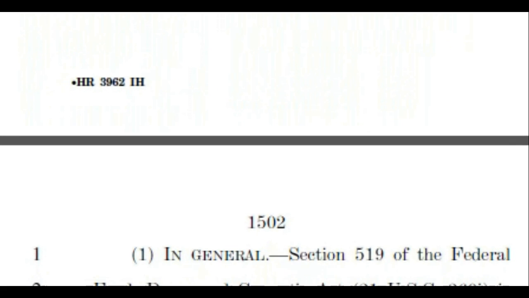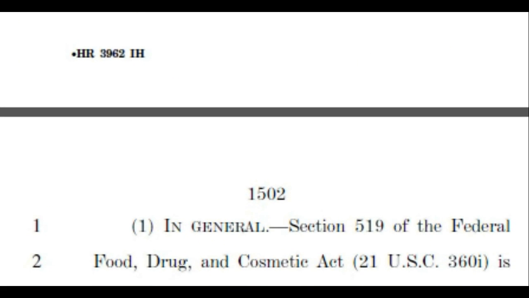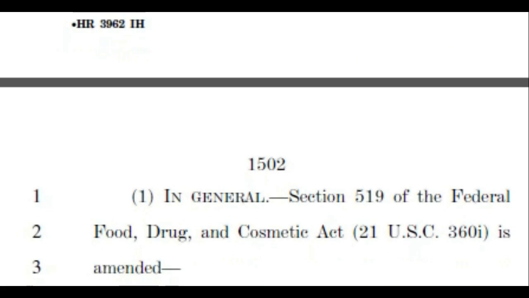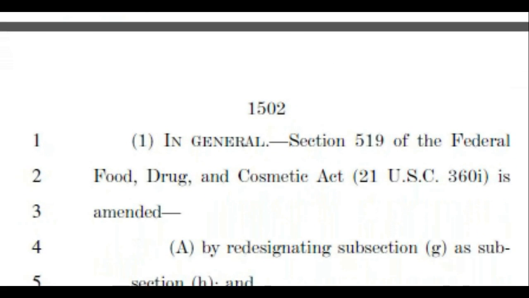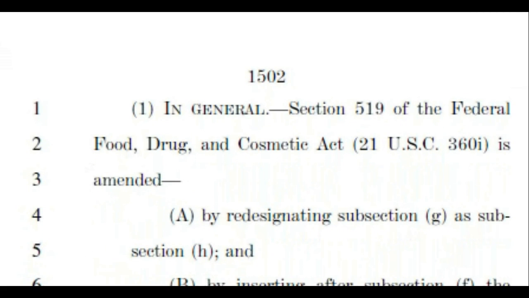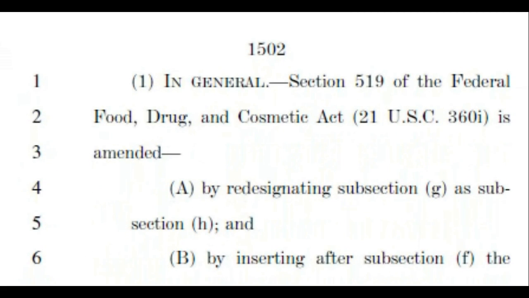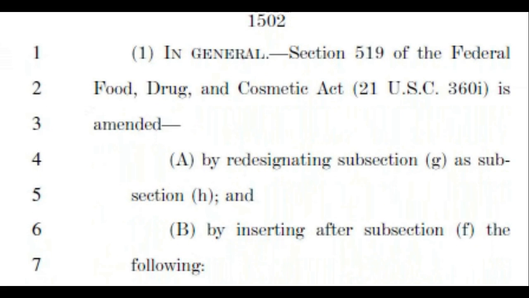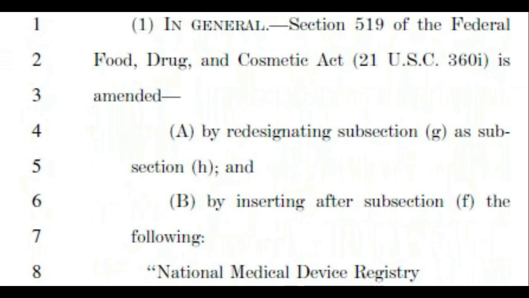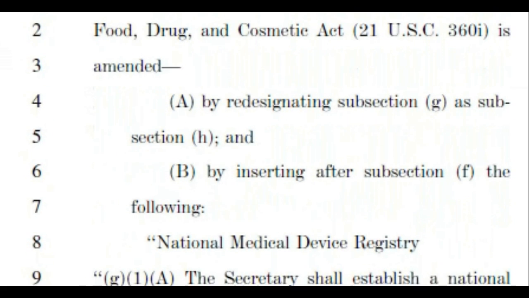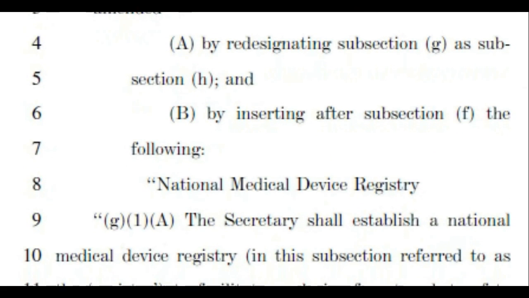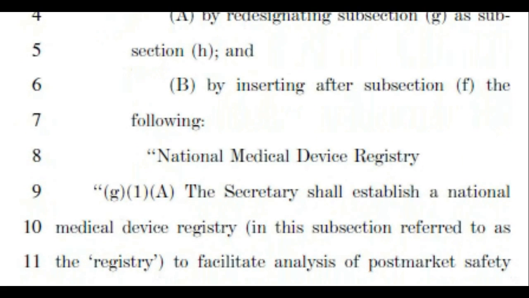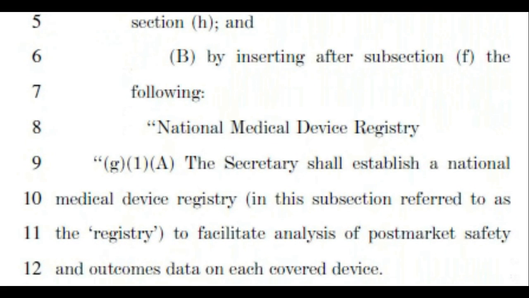(h) Authorization of appropriations. For purposes of carrying out this section, there are authorized to be appropriated $2 million for fiscal year 2011 and $4 million for each of fiscal years 2012 through 2015. Subtitle: Food and Drug Administration. Part 1: General. Section 2571. National Medical Device Registry. (a) Registry.